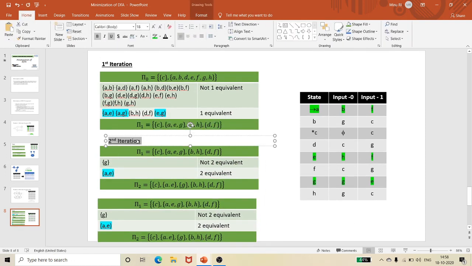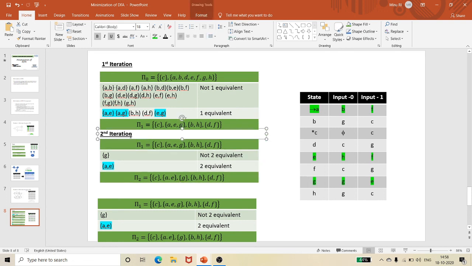So I am going to my third iteration to check the equivalency. So this is my third iteration. Okay, so for my third iteration, pi of 2 is my input. So this is my pi of 2.